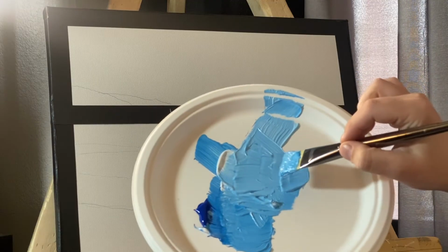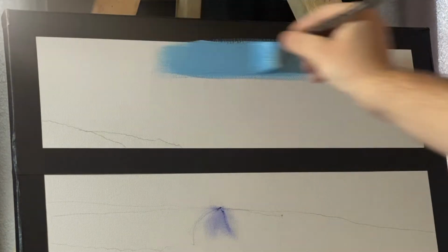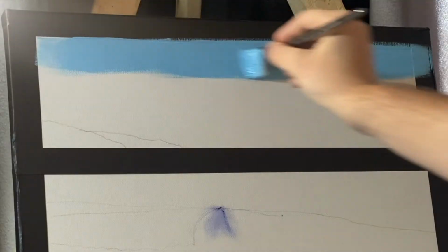Okay, so right here, this is gonna be the color that I'm pretty much starting with. So just go ahead and start up top, right up here. You wanna make sure that you have a fully loaded brush here. You don't wanna be cheap on the paint for this. Anytime we're blending, all my returning painters know this already, we wanna make sure we have enough paint to actually mix up with another color on the canvas, so that we're not pulling paint from one place and putting it in another place. We want it to all just incorporate